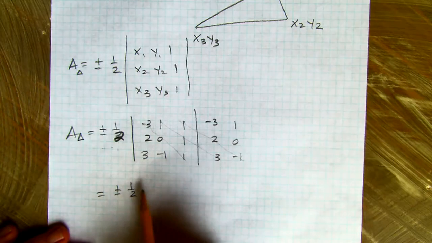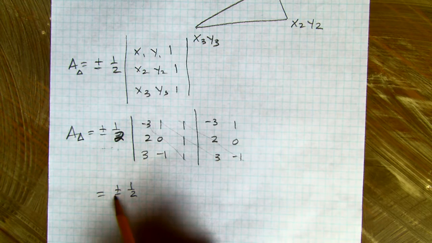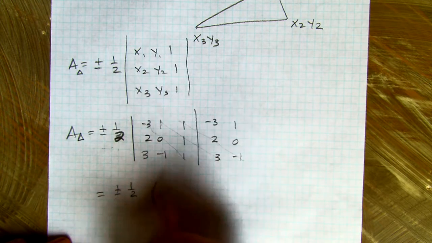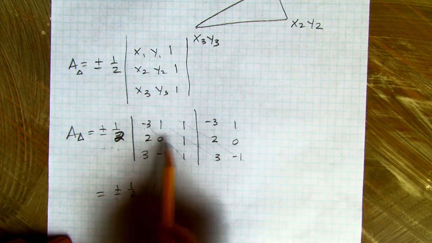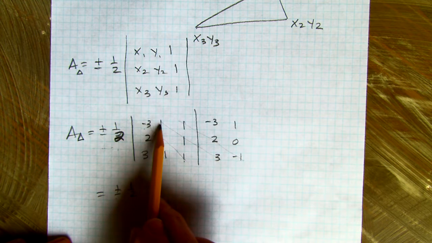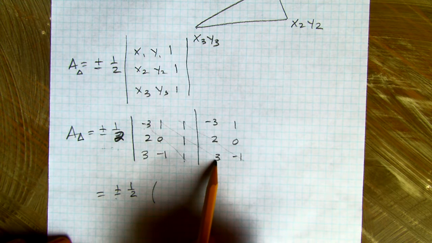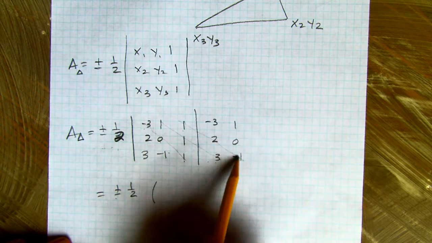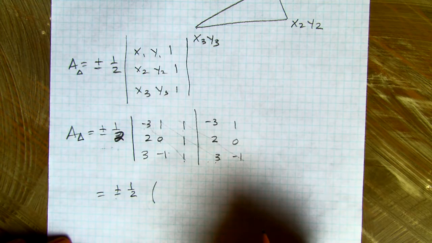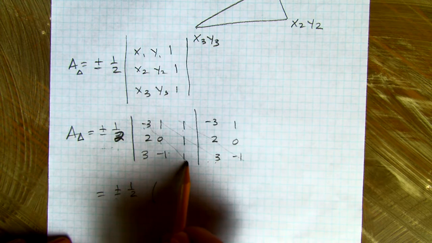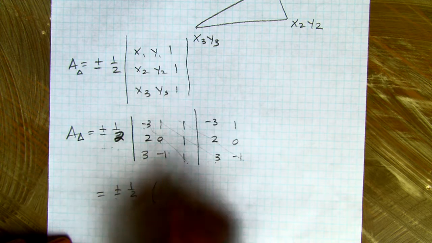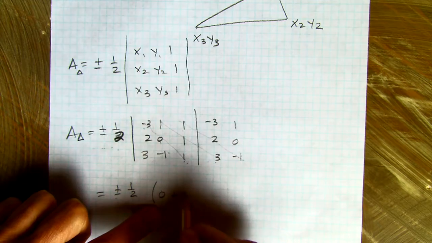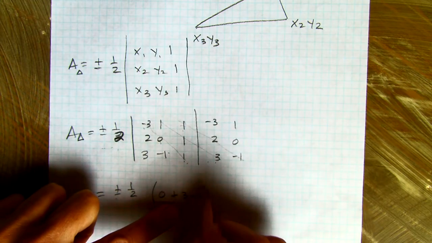So if the determinant comes out negative, then you'd want to negative that because area has to be positive. So think about what you have. -3 times 0 times 1 is 0. Plus 1 times 1 times 3 is 3. So 0 plus 3 is 3. And then plus -2. 3 times 0 times 1. So 0 plus 3 minus 2